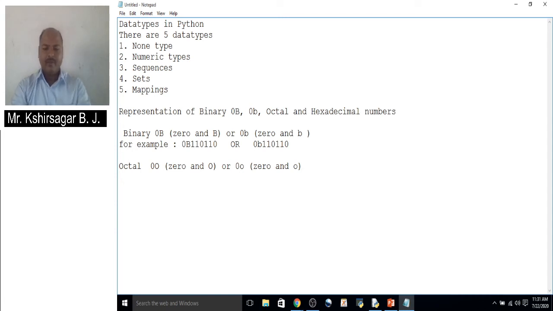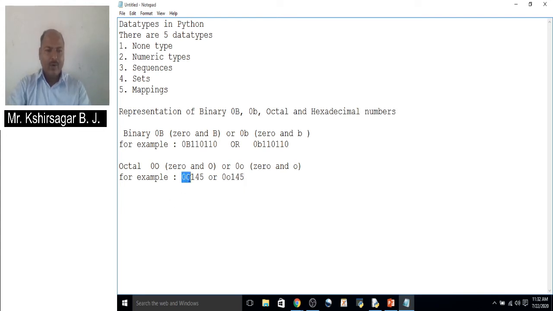For example, if you want to write an octal number, it should be prefixed with 0 capital O or 0 small o. Suppose 145, it is an octal number. If you want to represent it in Python, it should be prefixed with 0O, or you can also write 0 small o, 145.